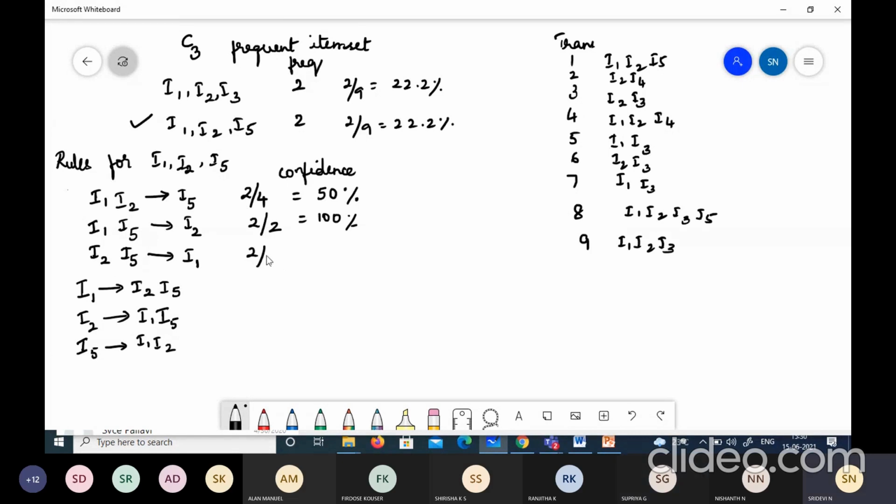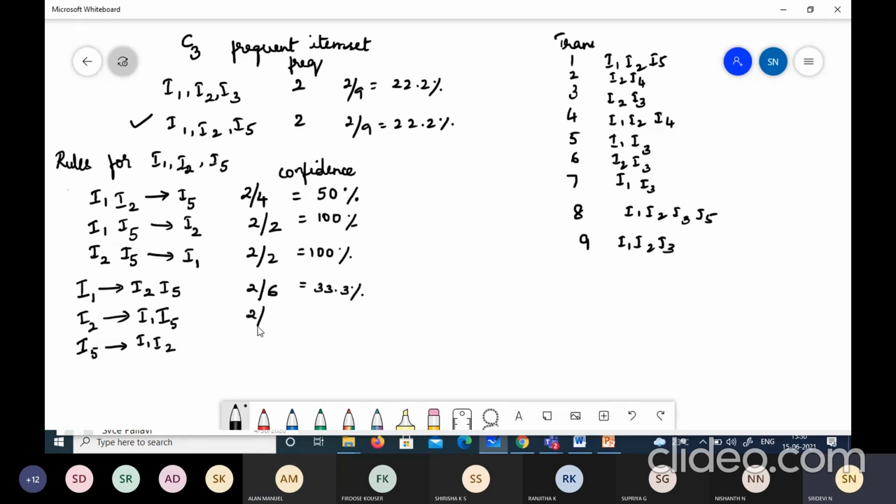Again 2, 2. Again, correct. So it is 100%. Now, for this again it is 2 divided by I1. I1 alone, you have it in the first frequent item set with one item that we considered. You would have considered I1, I2, I3, I4, I5. How much? 6, right. So the confidence will be